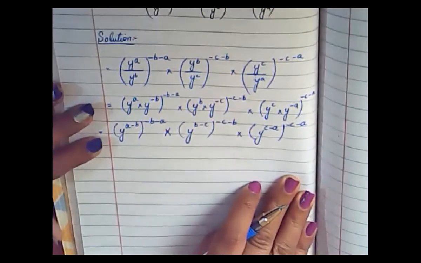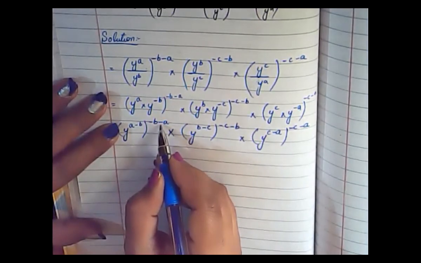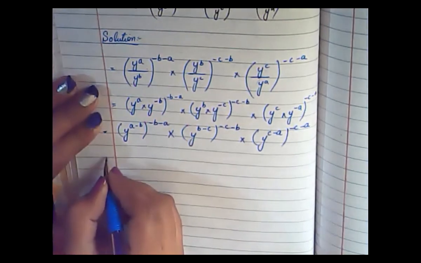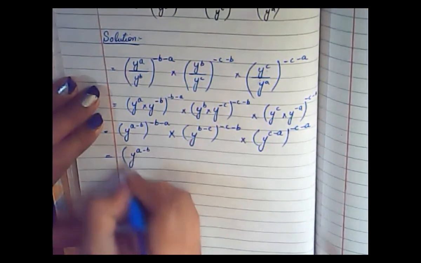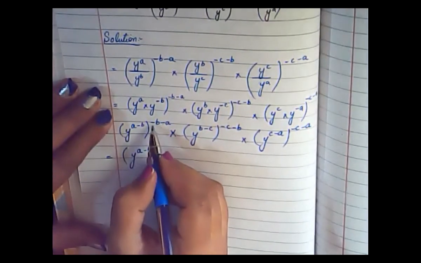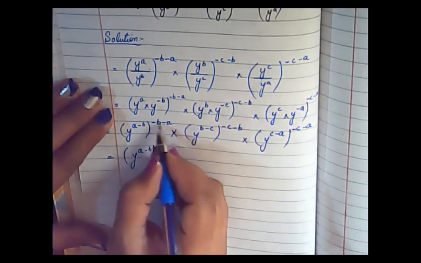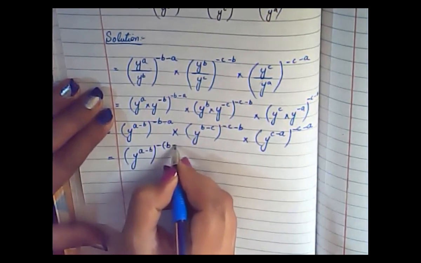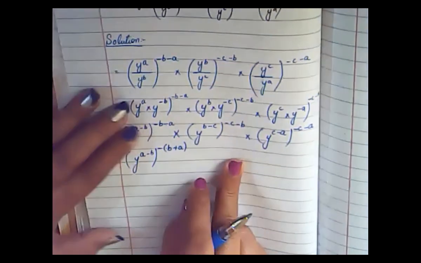Now in the next step, I'm going to multiply this minus with this minus. I will take the common minus sign here. So I will copy down this thing as it is, (a minus b) whole power. Now I'm taking the minus as common and going to multiply this minus with the minus. So minus minus will be plus. So inside the bracket, I will write it down here, b plus a, by taking minus as a common one.